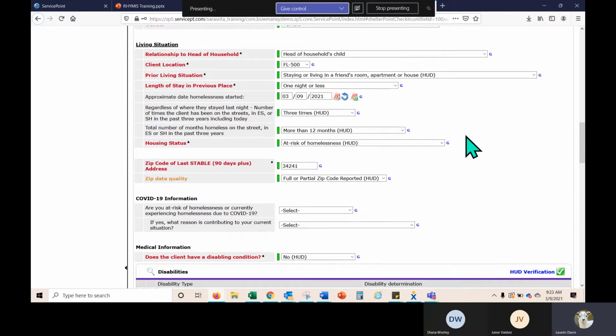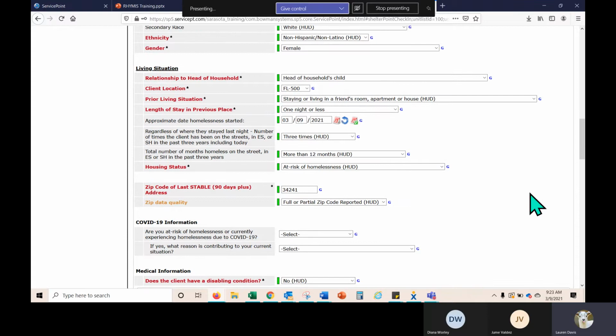But I want you guys to keep in mind that I don't believe that your agency, Jimmy, do you guys get graded on consistency? We do. Do you? And I bet this kind of gives you a little kind of. Yeah, especially the living situation is where we get hung up on. And especially the approximate date of homelessness, because right now you have it as the day that they entered the shelter. Is that moving forward how we're supposed to be putting it?